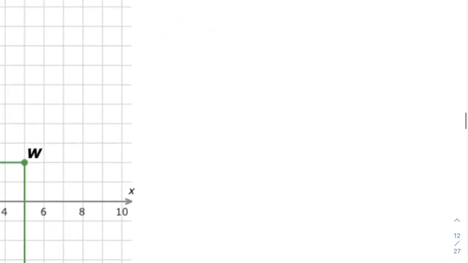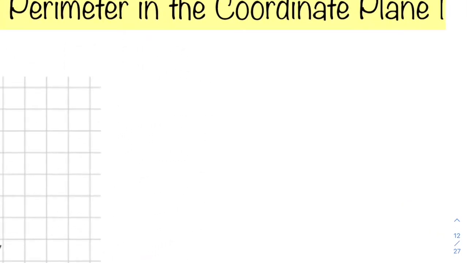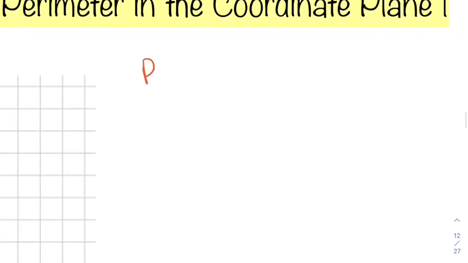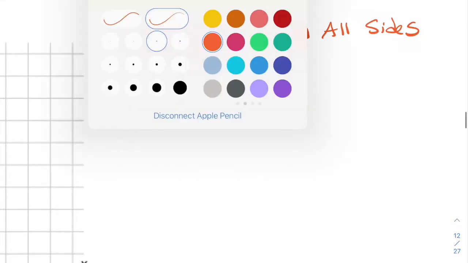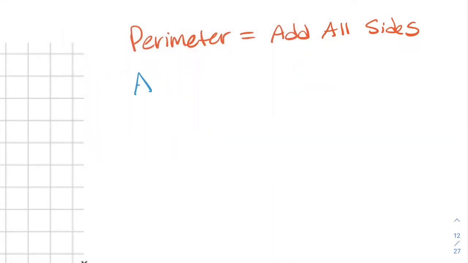So the formulas we're going to need, perimeter formula. Remember, perimeter is add all sides. So if it's a square, rectangle, or triangle, the square and rectangle will have 4 sides, and then the triangle will have 3. Okay, the other formulas that we have, you have your area of a square,